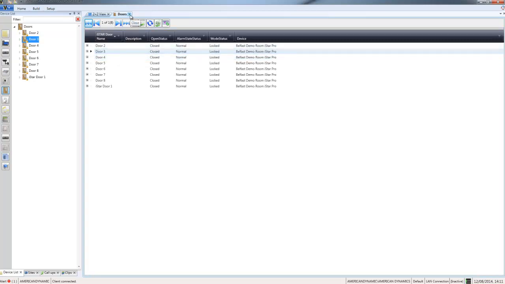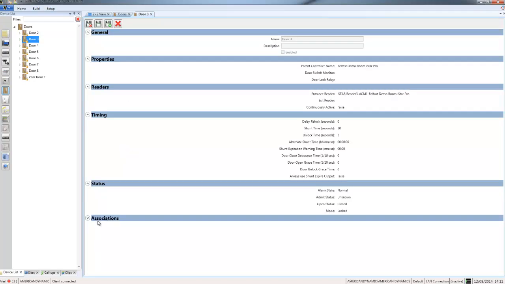Okay, so the final thing I want to take a look at then with objects is associations. So if I right click on an object, again this door, and choose Edit, you'll see in addition to all of the read-only information, I also get this section at the bottom called Associations. And what this does is allows us to associate other objects with this object, and it allows for incident building capacity. So if I go ahead and choose the green plus then,